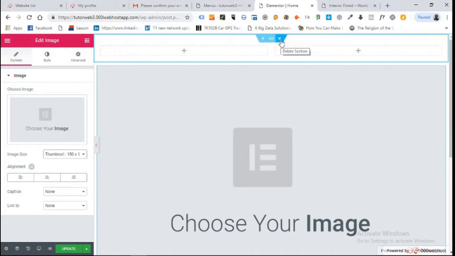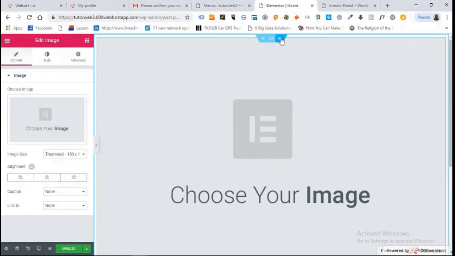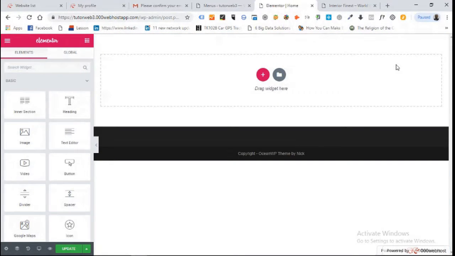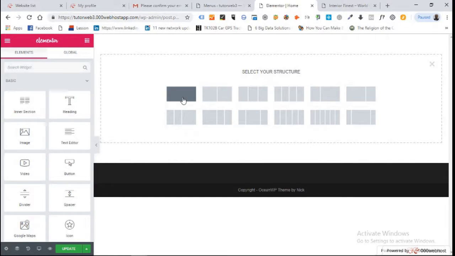But this is not what we'll be working on. So to remove anything you don't want, just come up here, you see delete section, and we are back here. So what we'll be working on here, we'll be using readily made templates by Elementor. And for us to use readily made templates, if you have a template section you want to add, you can